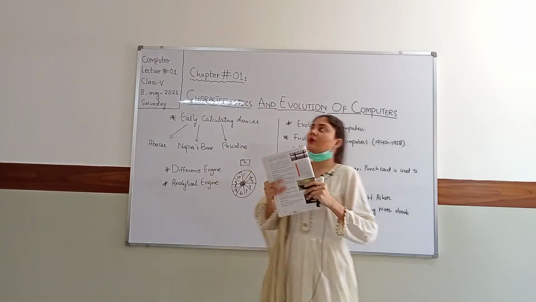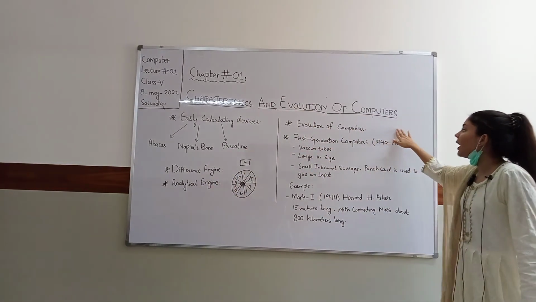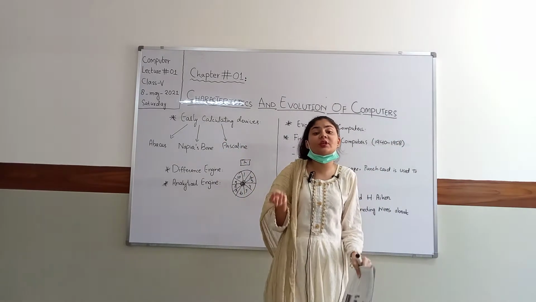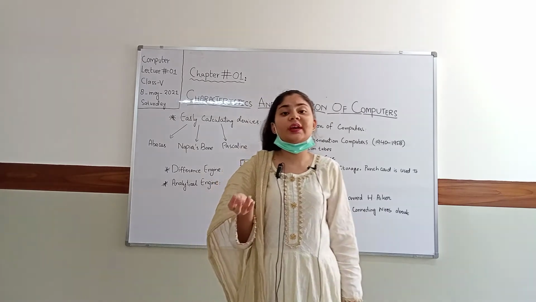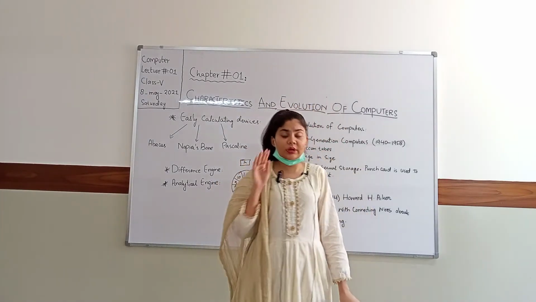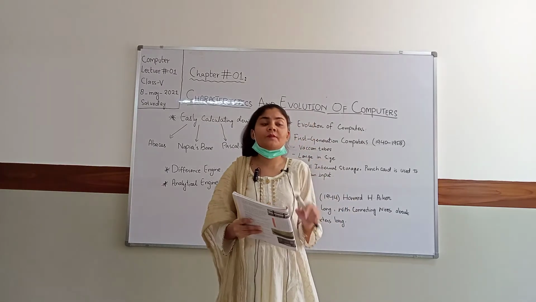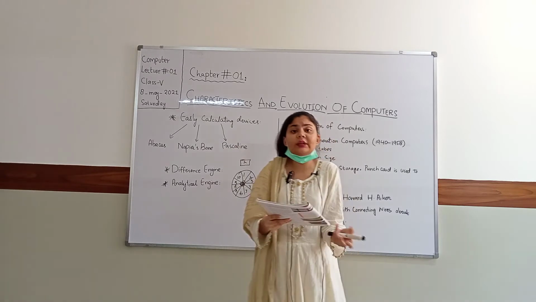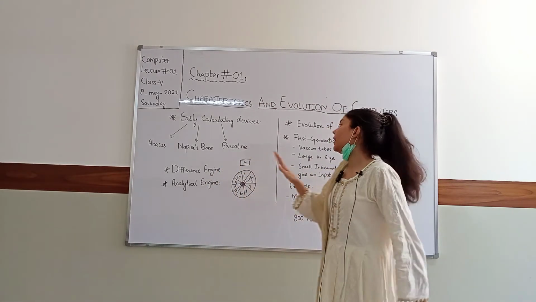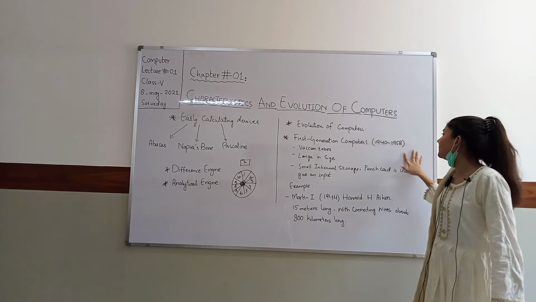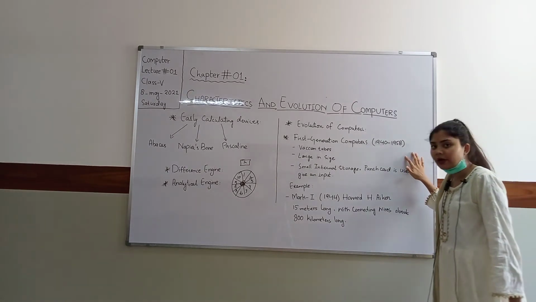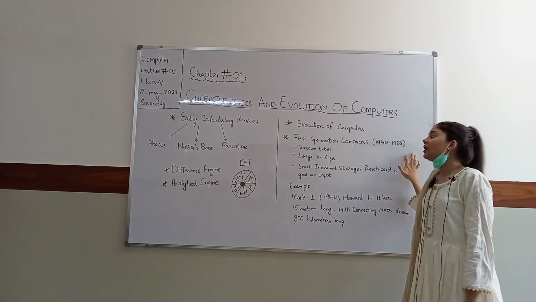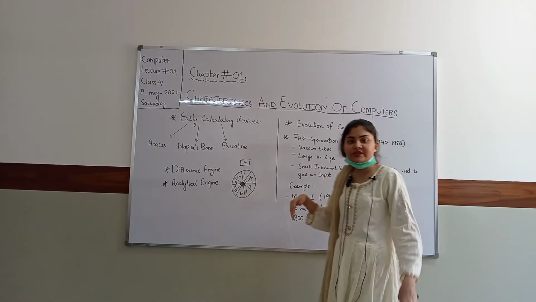So now we have the evolution of computers. We have many generations: first, second, third, fourth, fifth, sixth, seventh, eighth. In today's time we have the 8th generation, and in the future maybe we will have a 9th or 10th generation. Okay, now we are learning about the first generation computer. The time period is 1940 to 1958. It was developed by Charles Babbage in the earliest time, then it was converted into more advanced technologies.